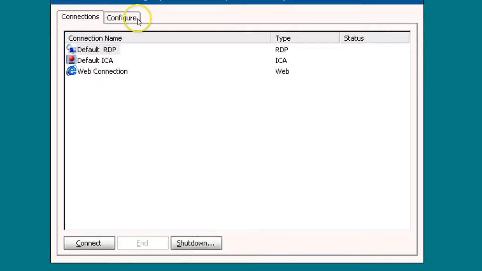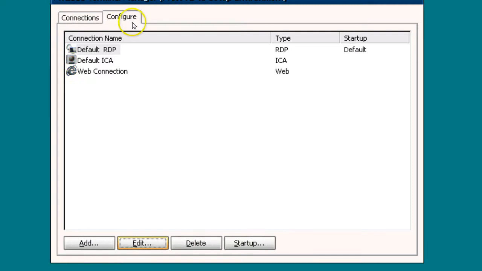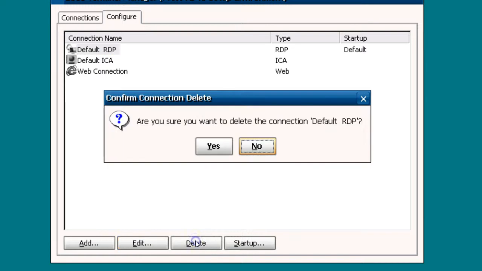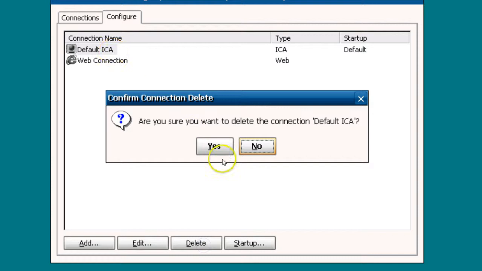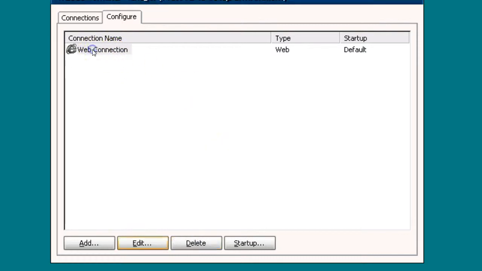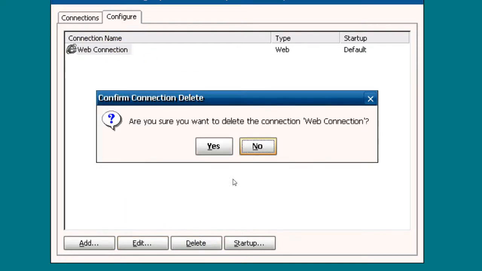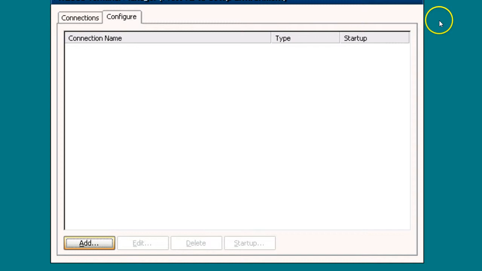So the first thing we're going to do is click on Configure, and then we want to remove these items here because we're not going to be using them. So we'll just go through the delete process here. Okay, the idea is that we want to have this auto start and use 5250 emulation as the only application